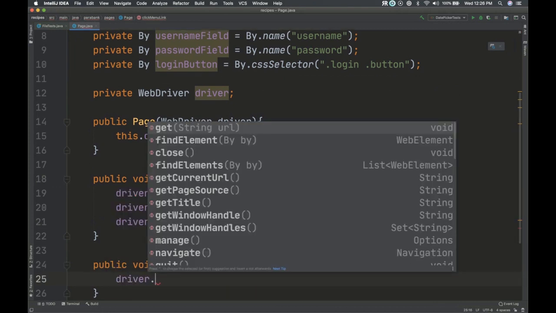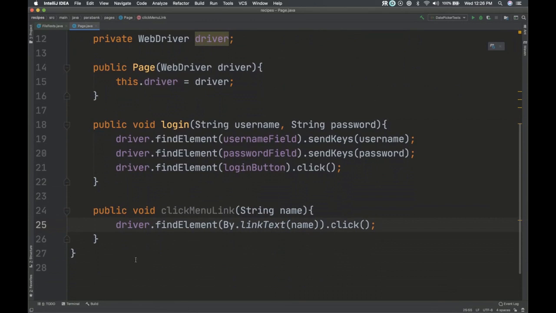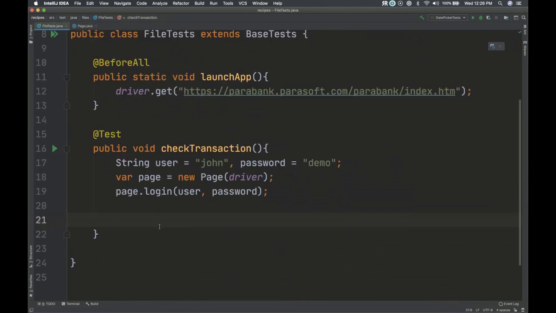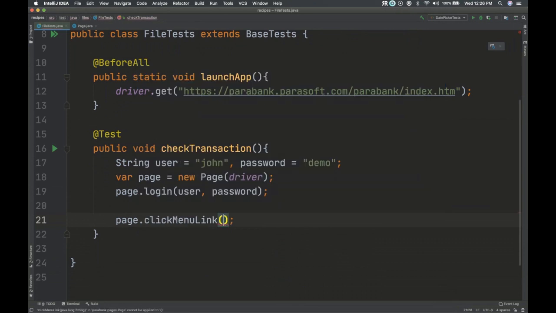And then we can do a driver find by link text, and then whatever they said. And again, I don't know where this is going to take me because this is generic, so my test is going to have to figure that part out. So I'm going to say page dot click this, and we can give it that.